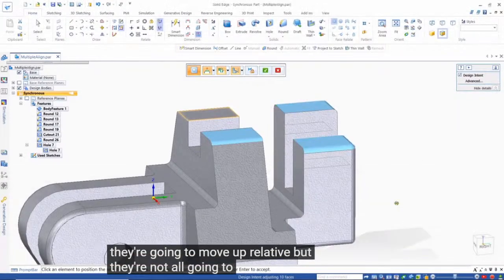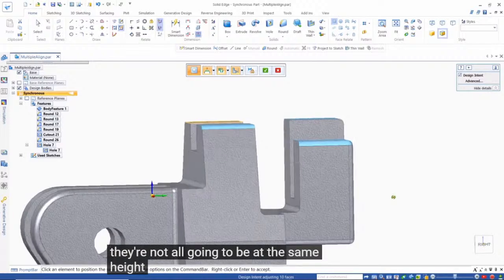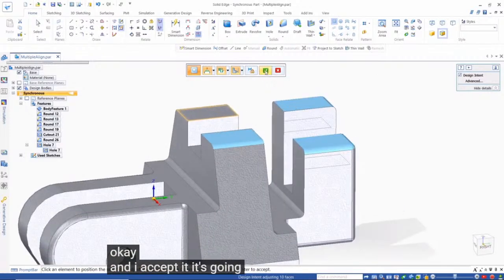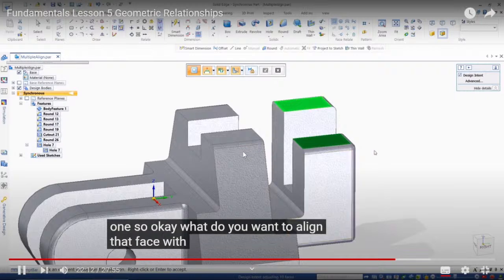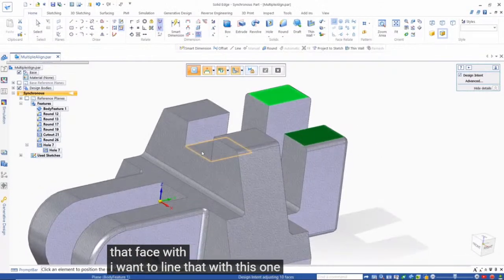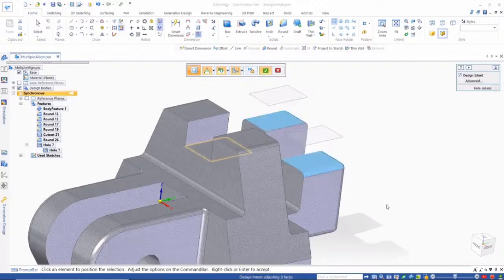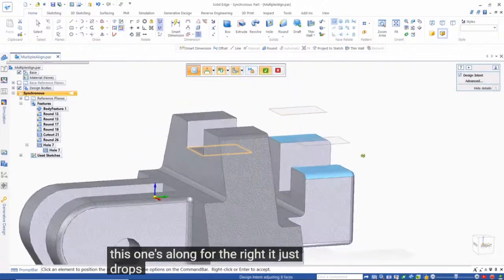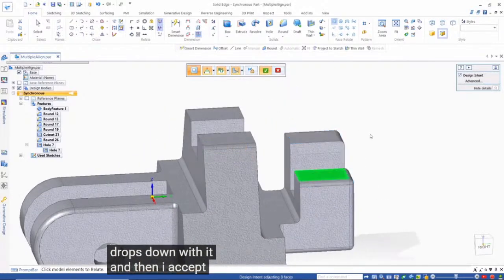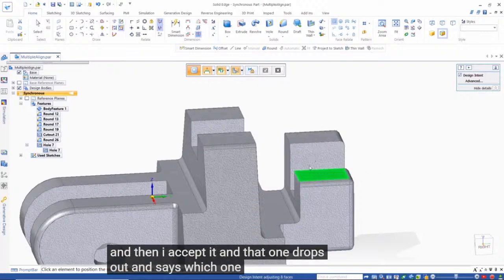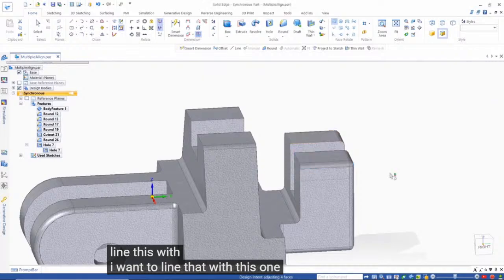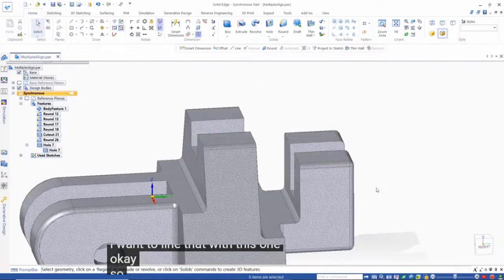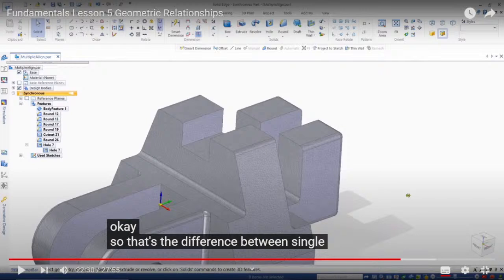Relative, but they're not all going to be at the same height. So when I accept it, it's going to drop out that one. It's going to go to the next one. So okay, what do you want to line that face with? I want to line that with this one. This one's along for the ride. It just drops down with it. And then I accept it. And then that one drops out. And this is, which one do you want to line this with? I want to line that with this one. So that's the difference between single